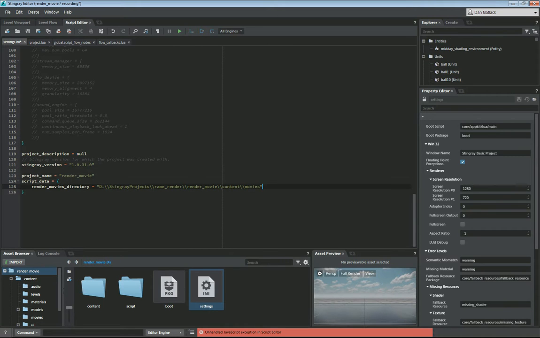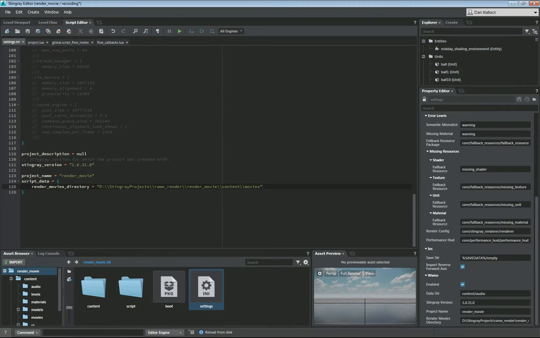So now we have that directory showing up there in our settings.ini. So now it knows where that folder is located and where we're going to render to. So we can save that file. And this stuff will show up here on the right side as long as you have settings.ini selected. Once you add that in there, you can see down here render movies directory and project name that we've added